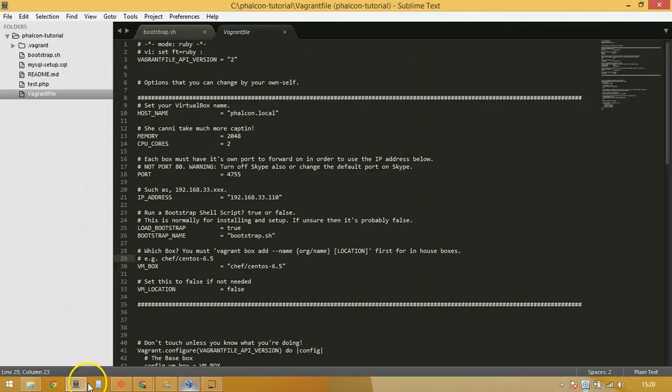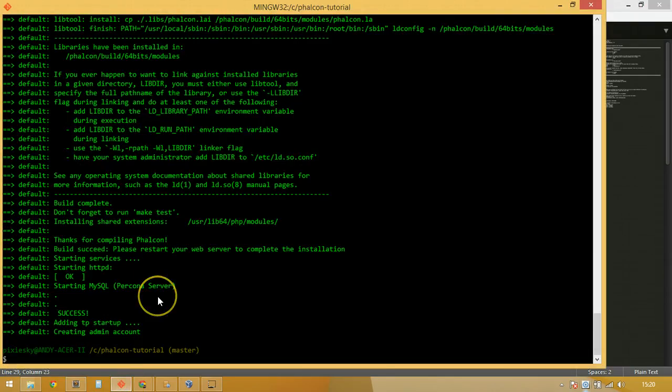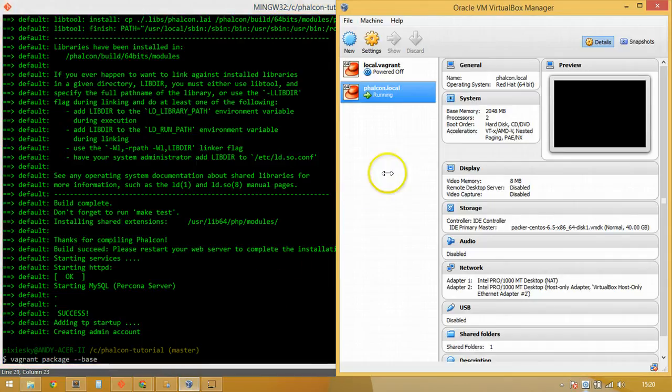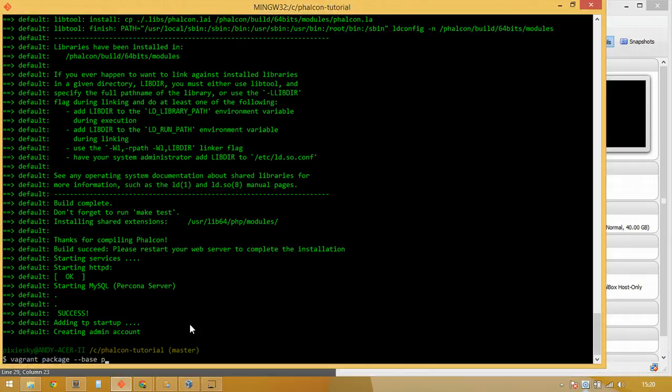What we want to do now is make a package. I'm not going to move directories. We just want to type in Vagrant package and then option base, and then we use the name here. And now this is why changing the name was so handy. So we say base Phalcon.local,